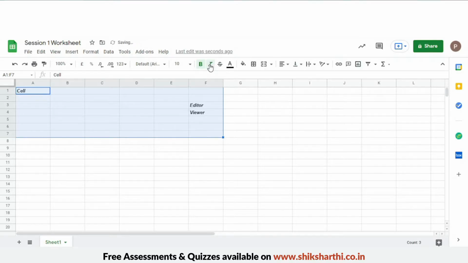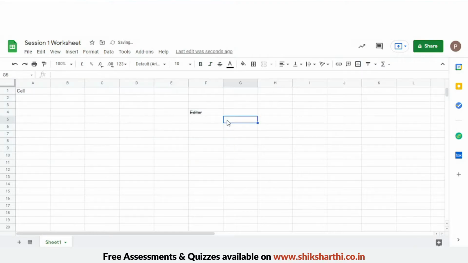And this here, italic, is also a font style which changes the look of the words you type in a cell. Just click them again and they'll disappear. See? Now, this is a strike option. Whenever you want, you can make a timetable and strike off those you are done with. It's pretty useful, right? Now next.